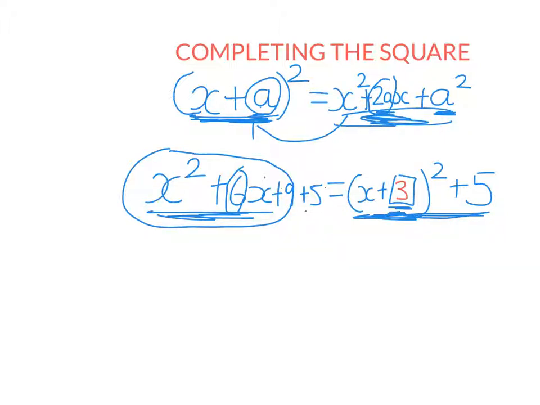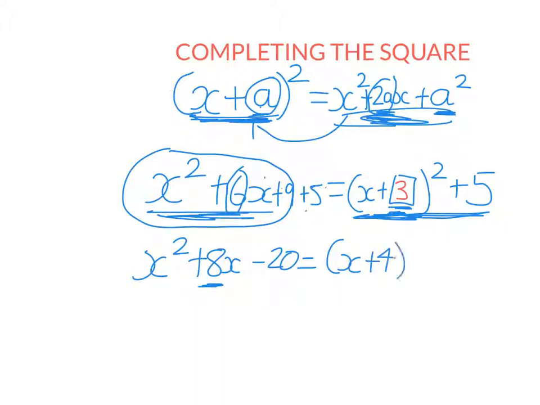Let's look at another example, and we'll do this one a little quicker. Let's say I had x squared plus 8x minus 20. I want to write this as a perfect square. So what I do is I take the coefficient of x and halve it. So for x squared plus 8x minus 20, it's going to be x plus 4 all squared plus